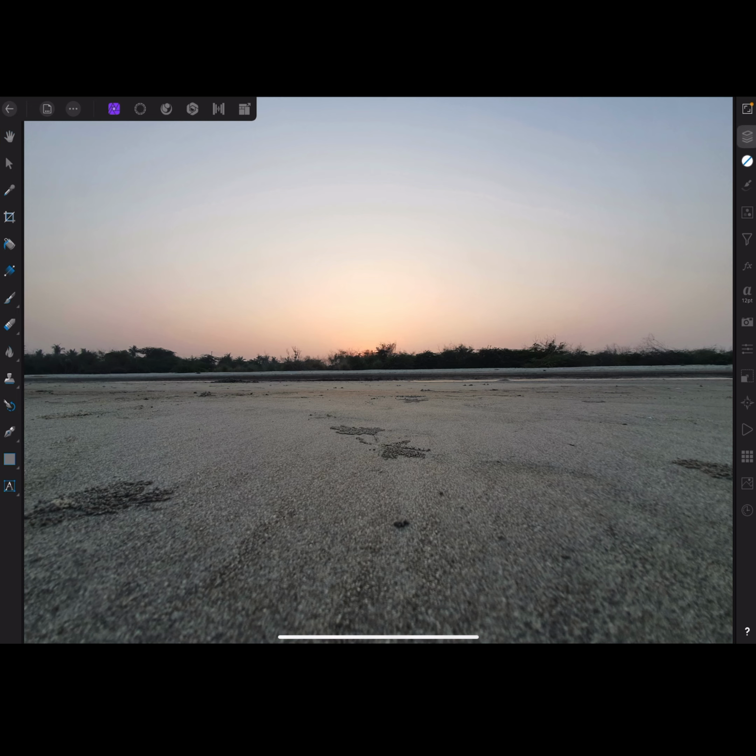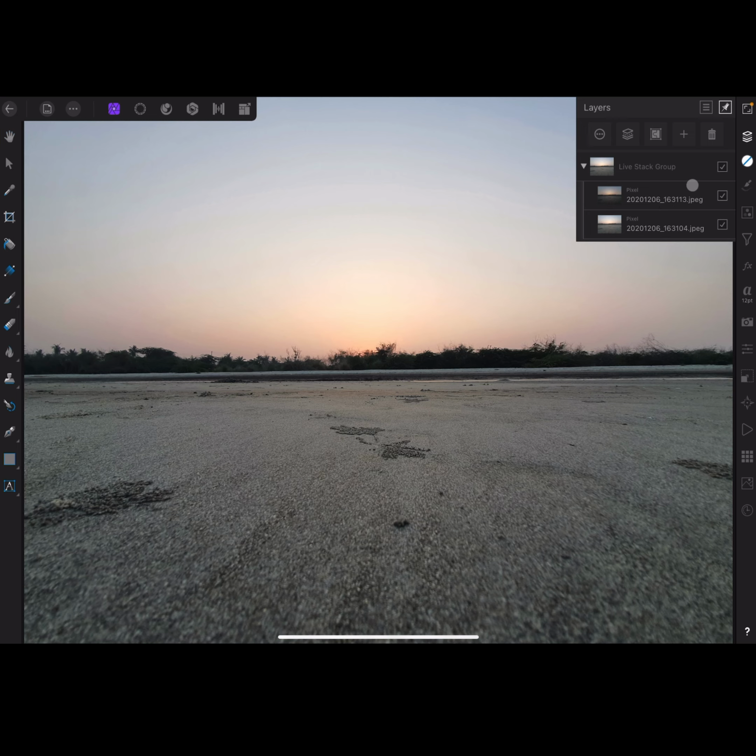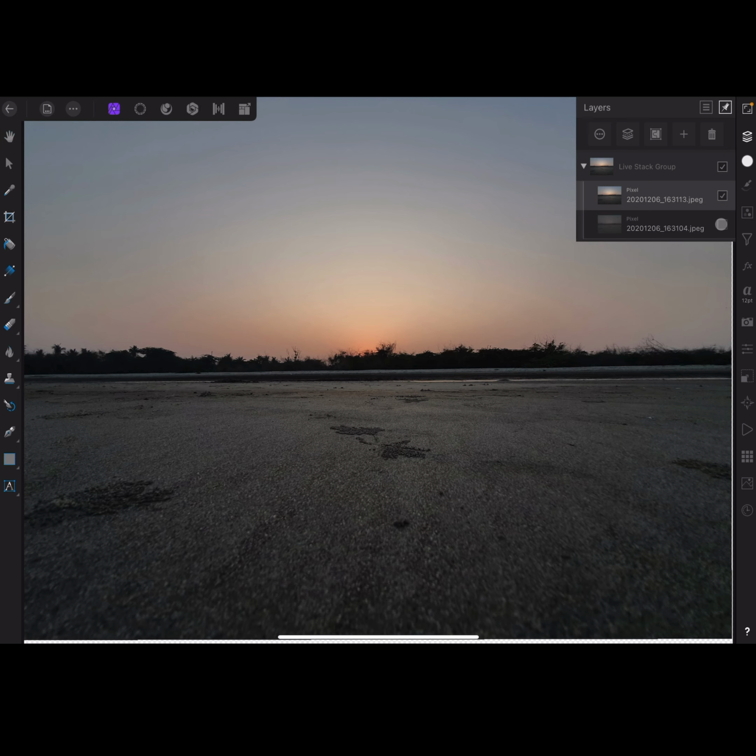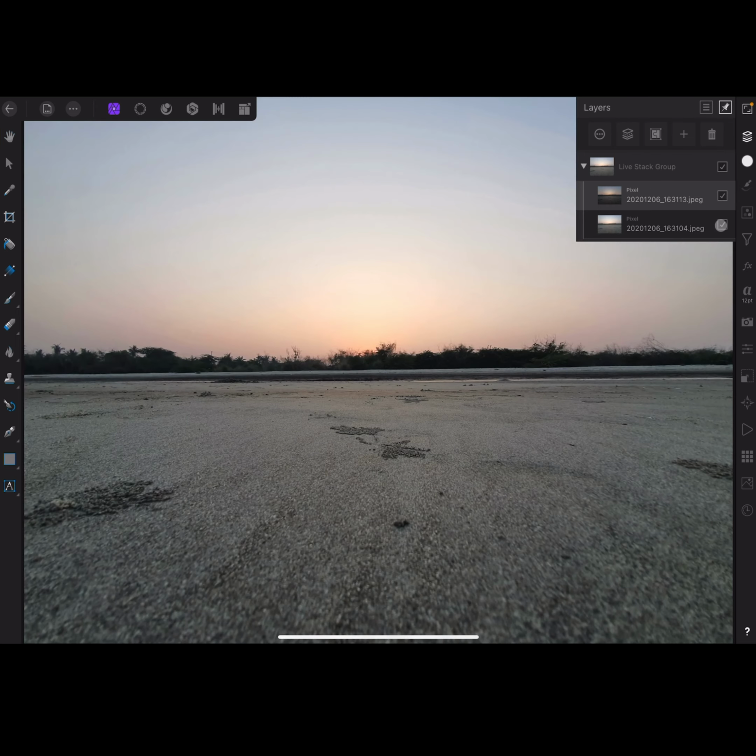As you can see, if we go to this side, you will see it has two images. One is the darker image, and this one is the lighter. Now, if I uncheck it, nothing is happening. And if I uncheck this one, okay, here we go. The darker image is coming up. Now again, I rechecked it. Okay, so now if you remove the darker image,